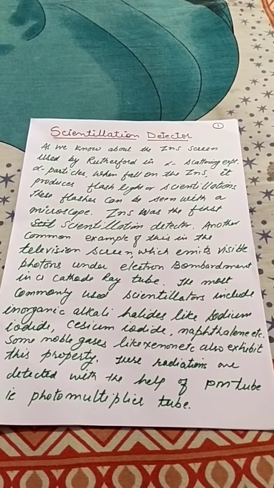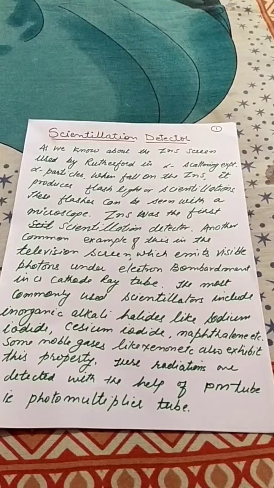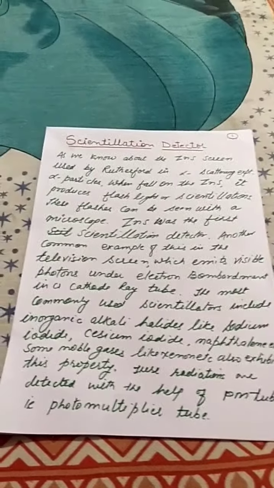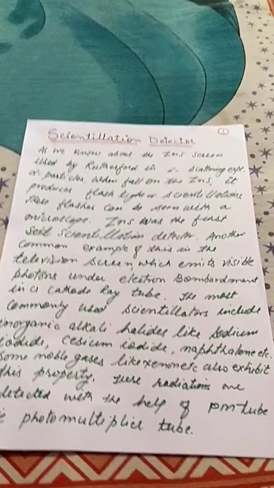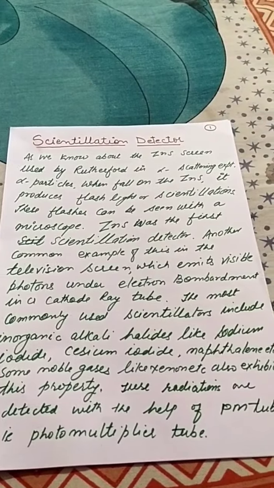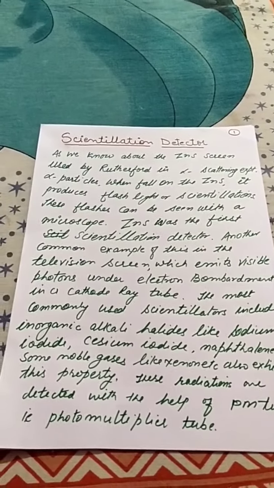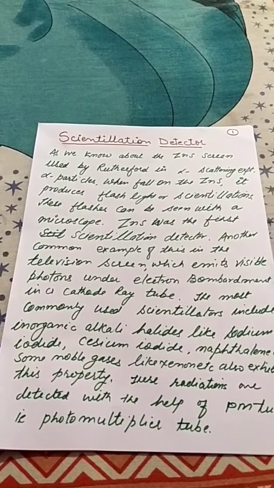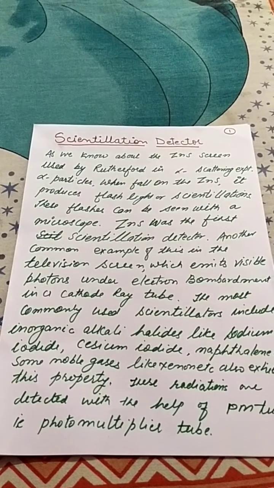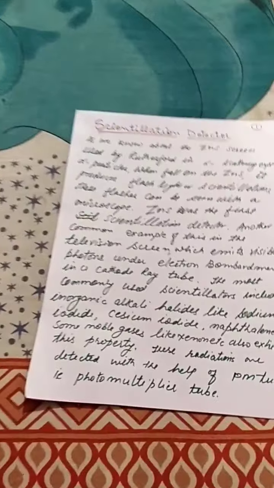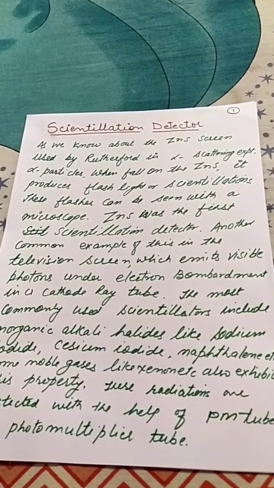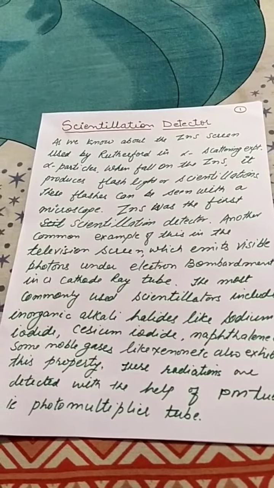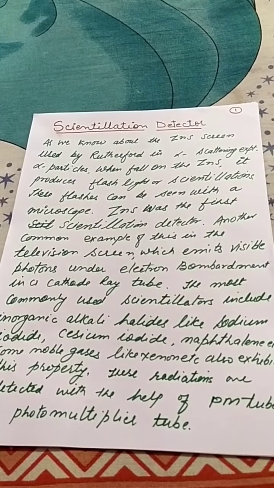The invention of the photomultiplier tubes and a better understanding of the luminous properties of many organic and inorganic substances have removed these drawbacks, and the scintillation counter is now widely used in studying nuclear radiations. So the simple scintillation counter was first introduced by Curran and Baker in 1944. We are using here the conventional materials of the zinc sulfide screen.